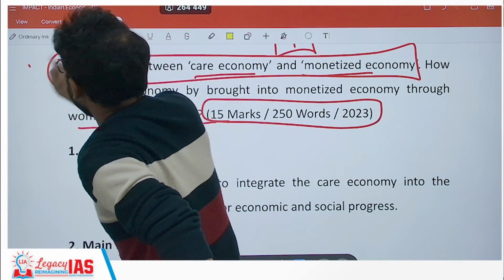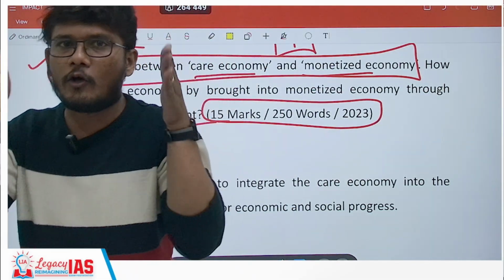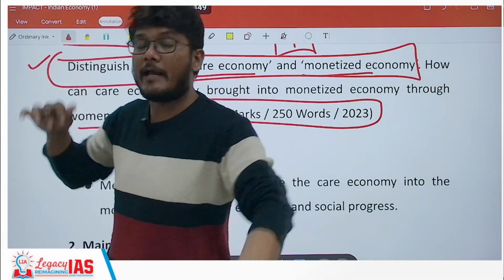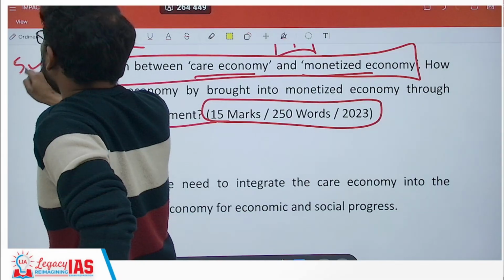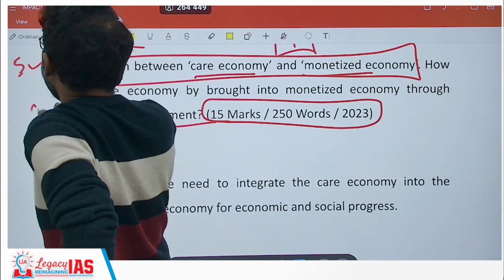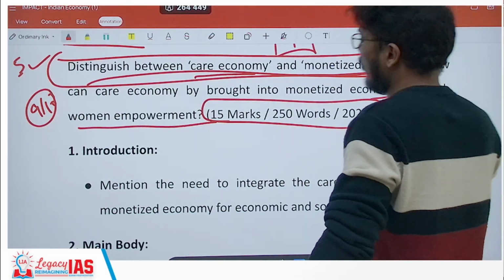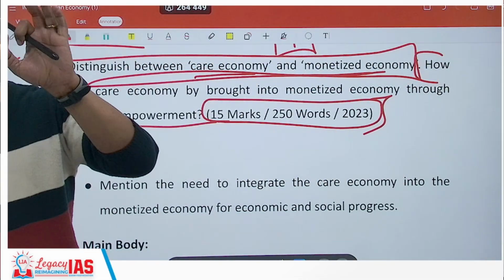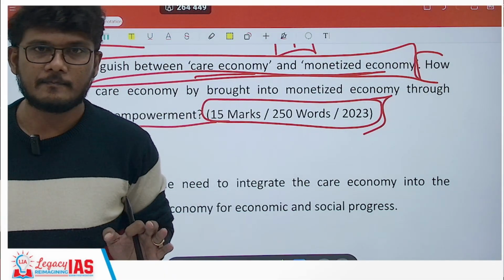This is probably the smaller part. See, no one knows. We are taking the most logical guess with respect to the tone and what has been asked. So this would be probably around 5 marks or so, 5-6 marks, and this will be around 9-10 marks. The weightage to this part will be more than the weightage to the first part. Remember that, and based on that you answer the question.